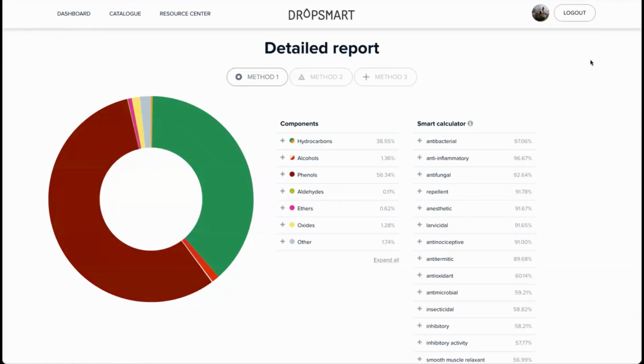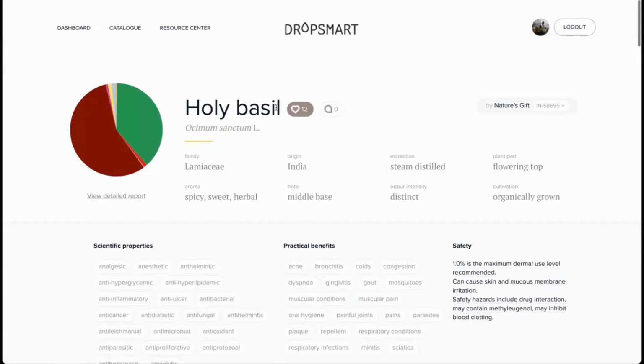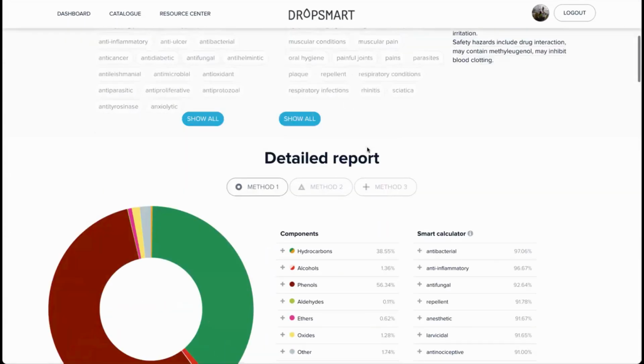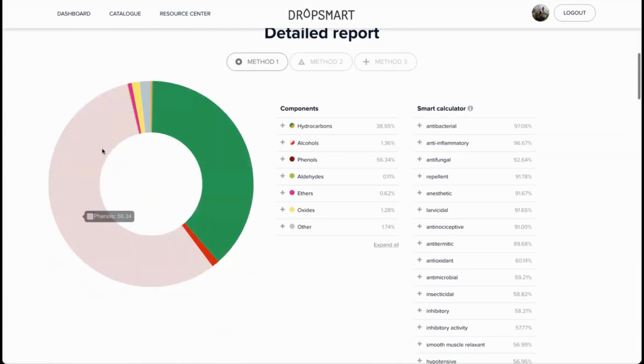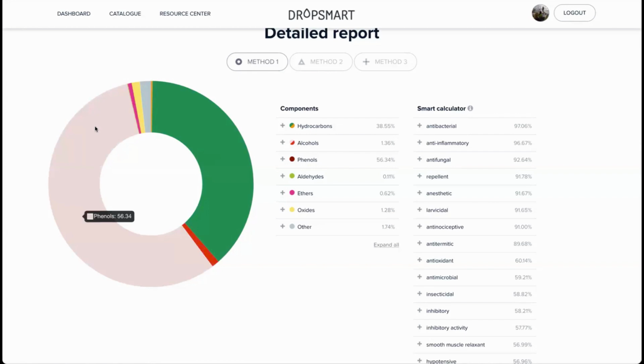So last time we talked about this particular oil, do you remember? It was holy basil. And what we noticed and discussed was phenols. We started to talk more deeply about this brown chunk of the pie chart right here, and that's phenols. And we discussed how whenever we see this color dominating, or even being anything larger than 20-30%,